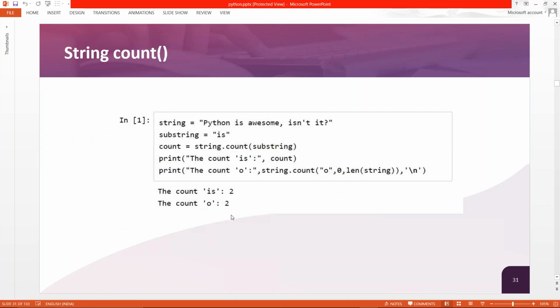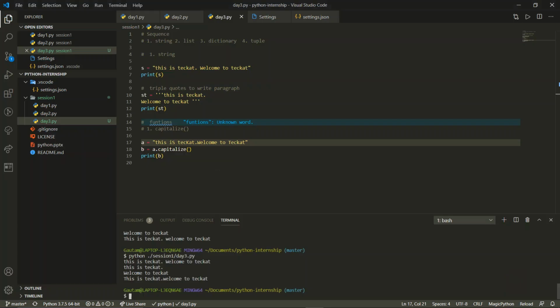Now the next function is count. What is count? If you want to count a substring inside a string, now what is a substring? A part of it. If you want to count how many times it is present inside this particular string, then you can use the function count. The main string is used with a dot operator and the count function, and inside the count function it accepts the substring value. So if you have stored the substring, you can use that variable, or you can directly write the substring in double quotes, and it will check it out. So let us use this.